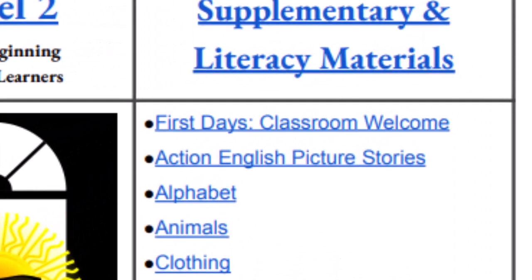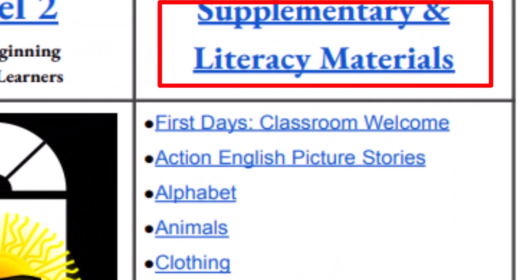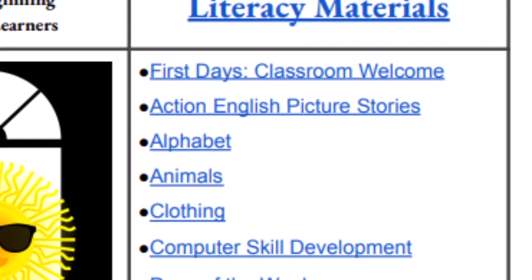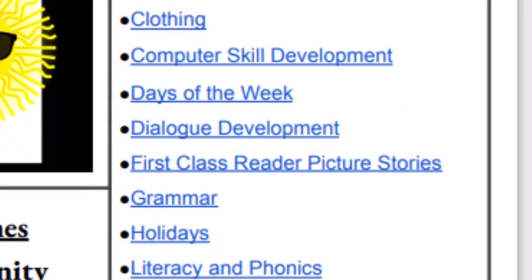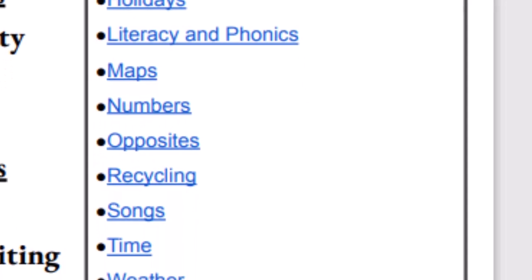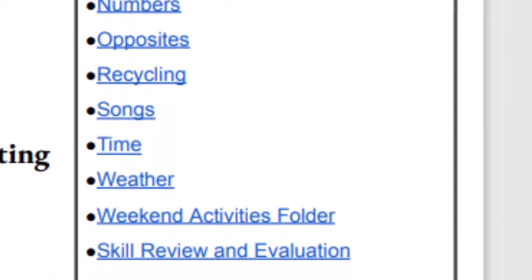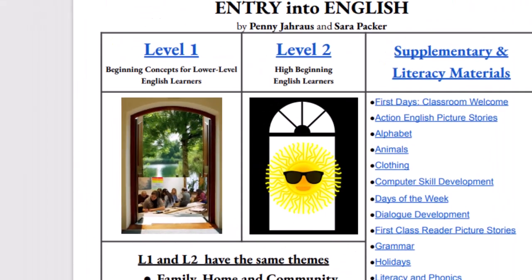The supplemental folders include a variety of skill topics that can be used for both levels and with all of the themes. I will begin with a tour of Level 1 and Literacy,